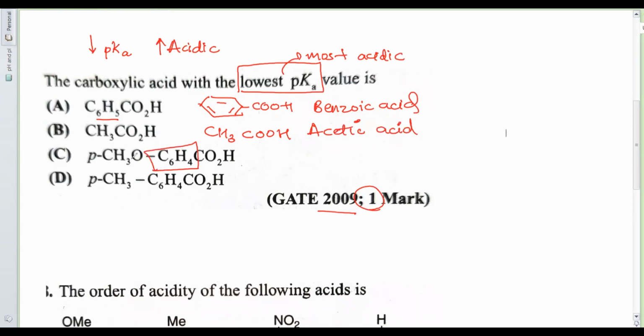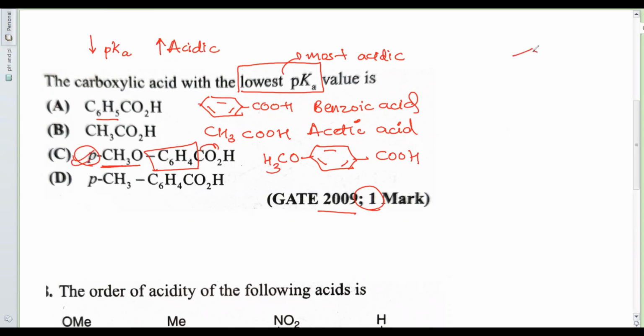Now here the third example says C6H4. So C6H4 again is a benzene ring. Why is it H4? Because there are two substituents, as you can see. One at this end, which is a COOH group, correct? And the other one is P-CH3O, which is nothing but OCH3, correct? Now you may ask what this P is.